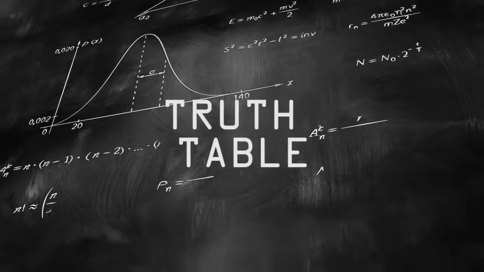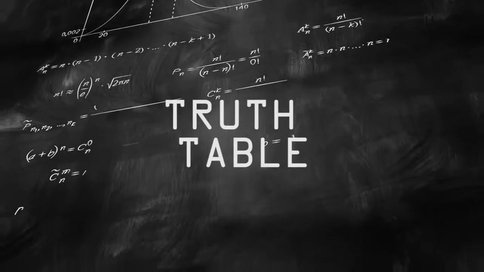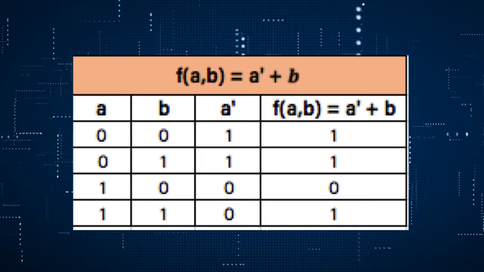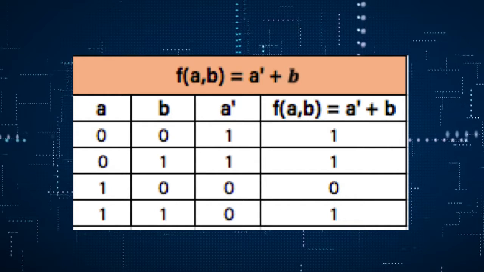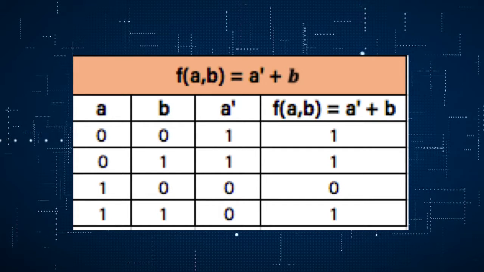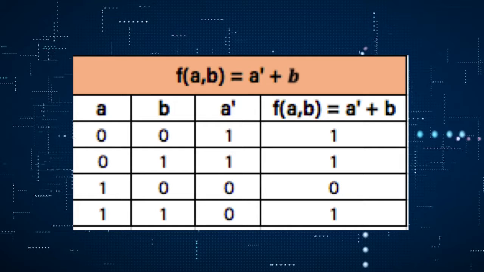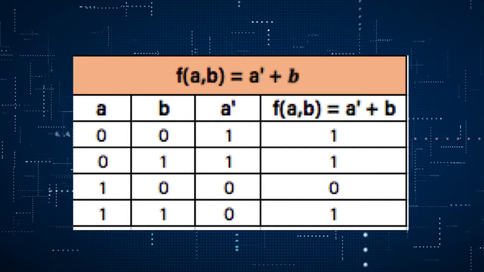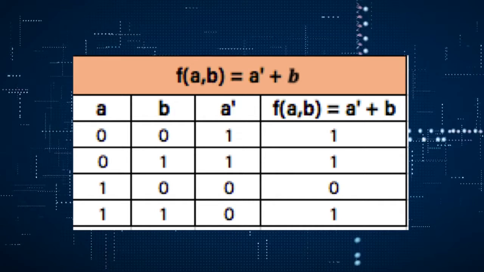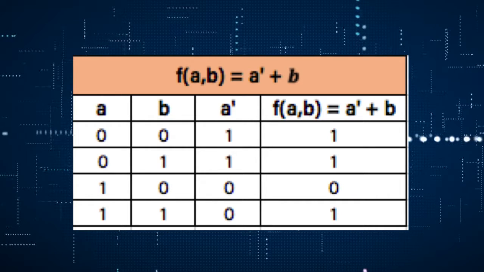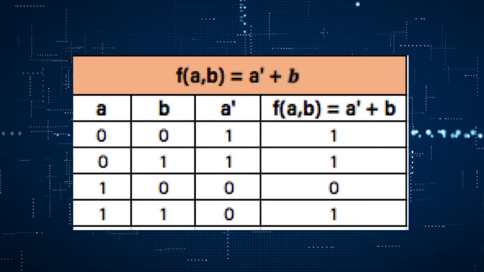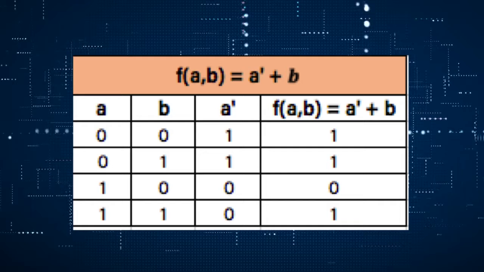The truth table is a diagram that shows the inputs and outputs of our Boolean expression. If you want to know how many zeros or ones you will need, you do an operation: 2 elevated to the number of variables you have. In this case, we have only 2 variables, so we have 4 rows, 2 zeros and 2 ones for each variable. In the first column you will put a, in the second column you will put b,